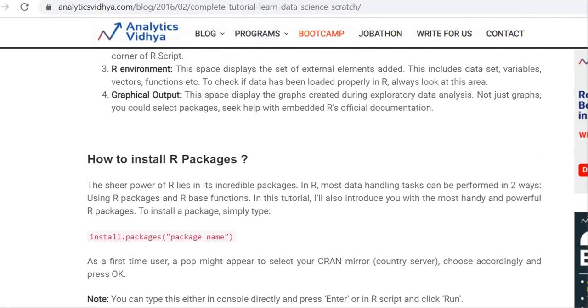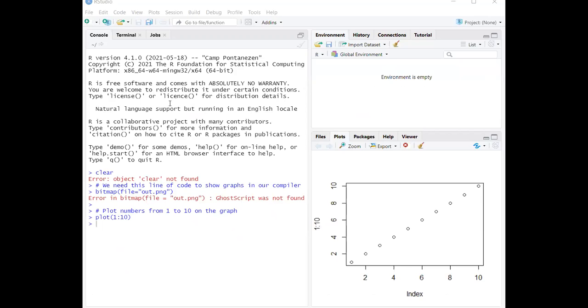Let us open the window which I have already installed. This is the RStudio window which I have opened here. The basic computations you can do here.